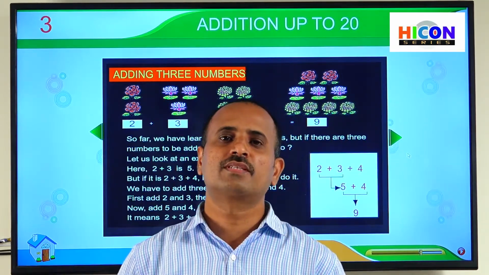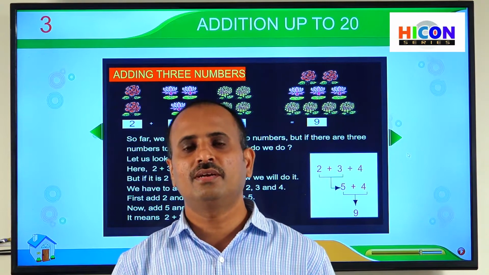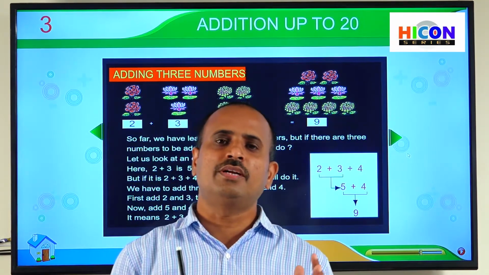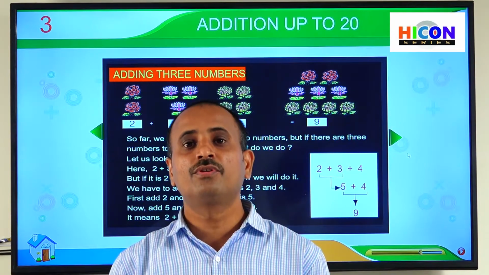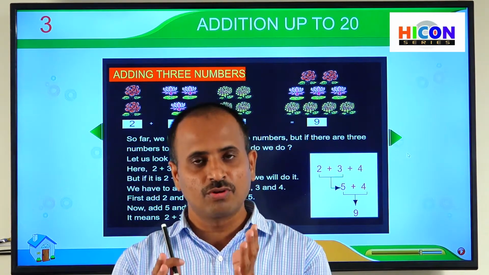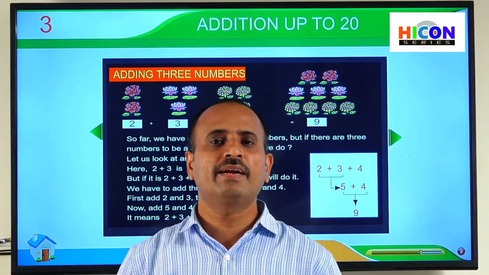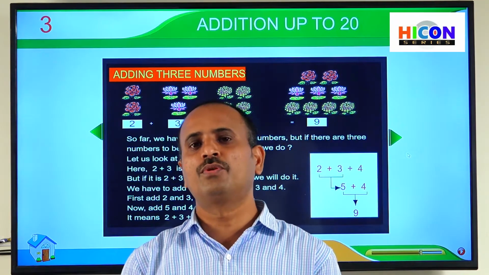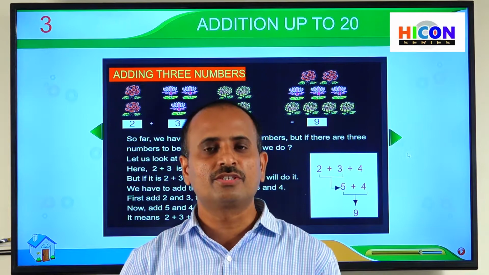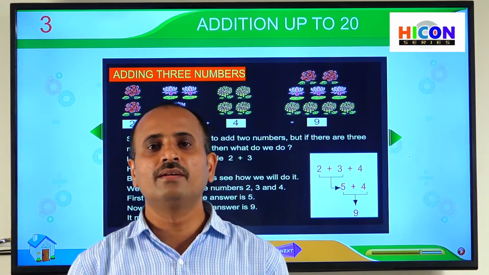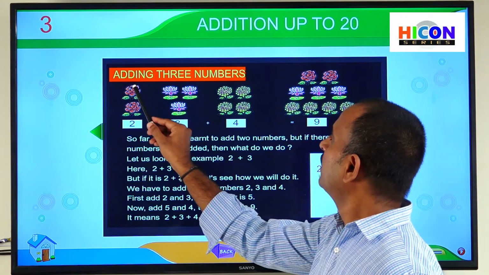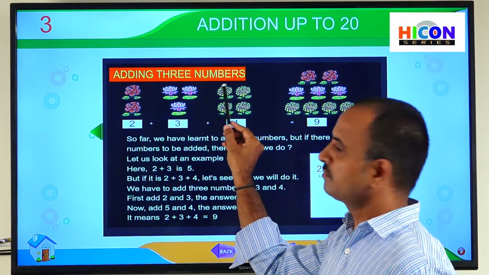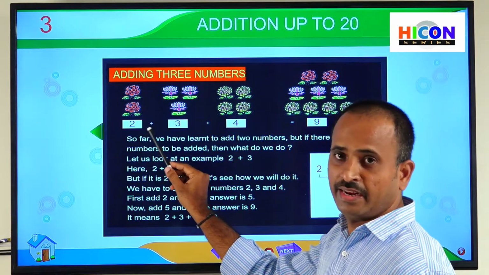Up to now we have discussed horizontal addition and vertical addition. In both, we have practiced the sum of two digits, that means the sum of two numbers. So we have practiced how to add two numbers up to now. The next topic in this chapter is how to add three numbers. Look at the screen. Adding three numbers. See an example.